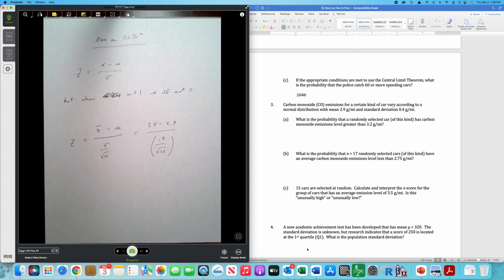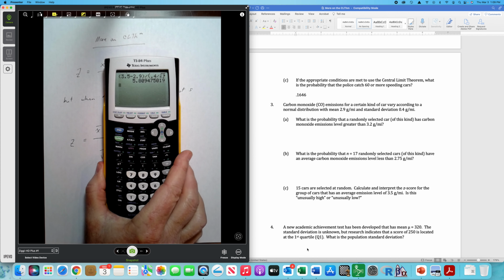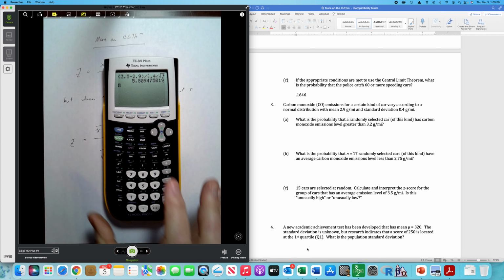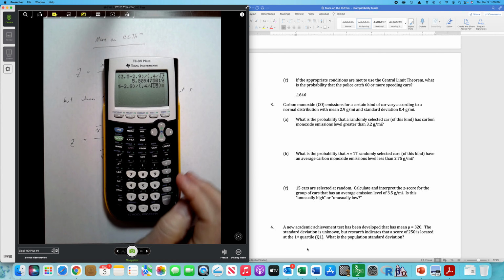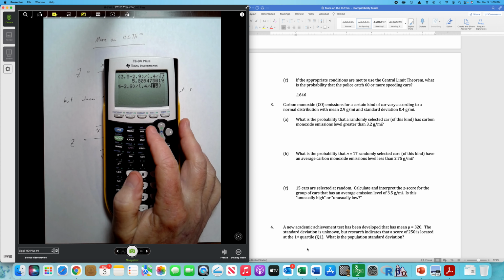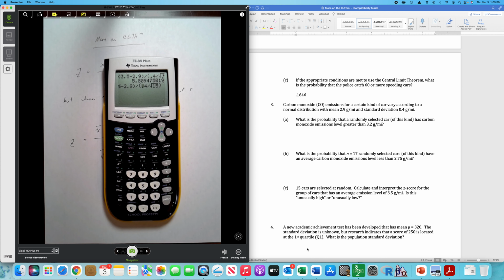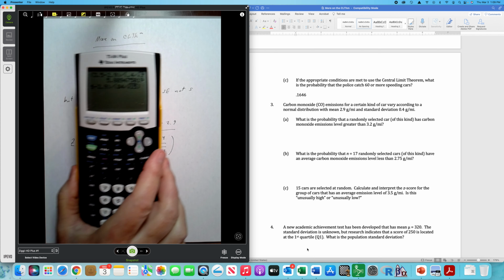And then I'm going to divide by, in parentheses, 0.4 divided by the square root of 15. Notice that I made sure everything in the denominator is in parentheses because I don't want an order of operations issue. So the z-score is